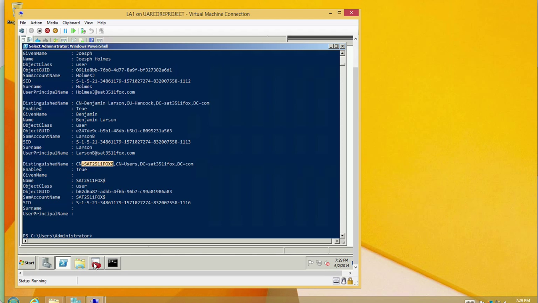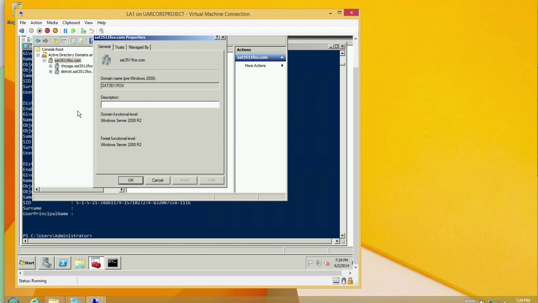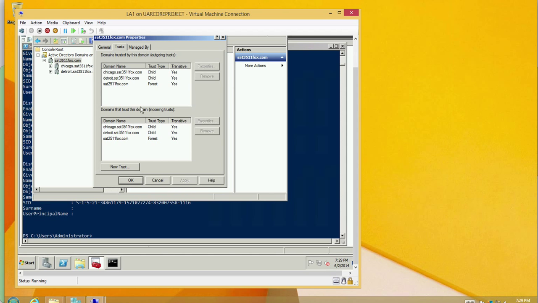Okay, back to domains and trusts and properties and trusts. Here you can see in both windows there's a forest and it's transitive to SAT2511fox.com for incoming and outgoing. So that works,